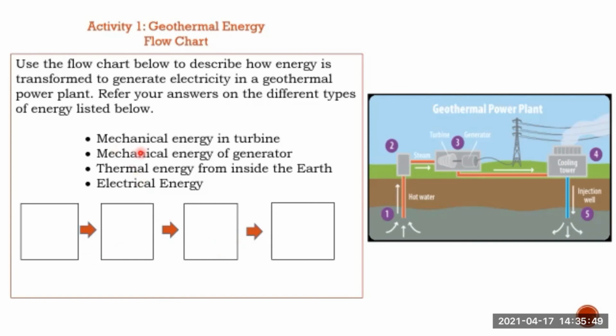These are the choices: mechanical energy of turbine, mechanical energy of generator, thermal energy from inside the earth, and electrical energy. So, one statement for each box. I hope you can now identify the correct answers. After doing that,